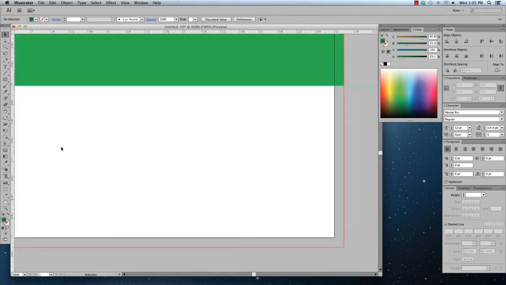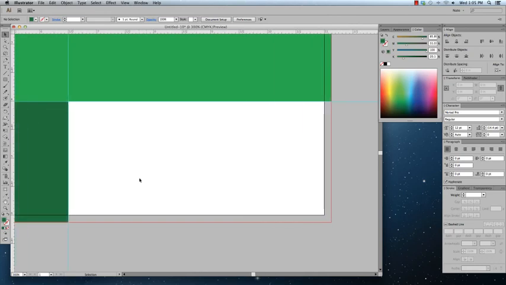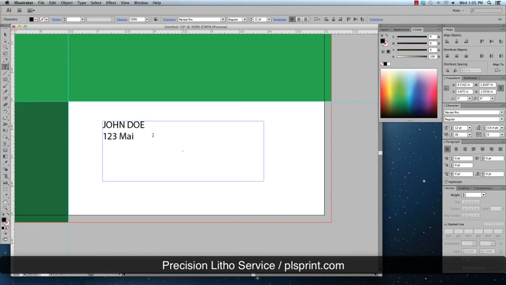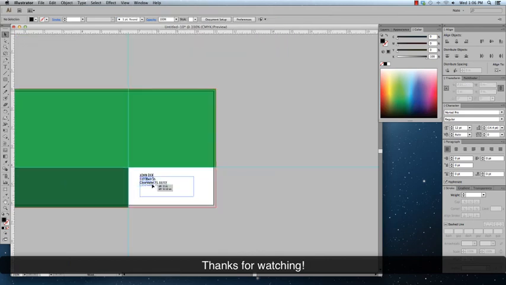So what I'm going to do, just to show you how an address would normally be set up, I'm going to type something here. Just make up some information. Move that